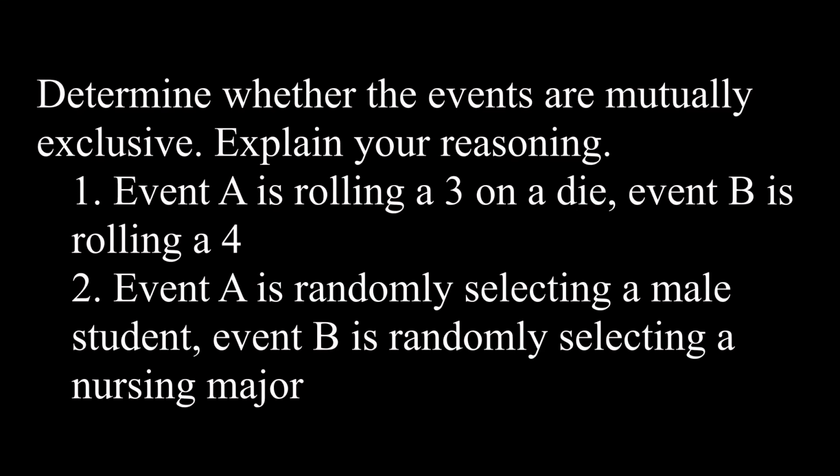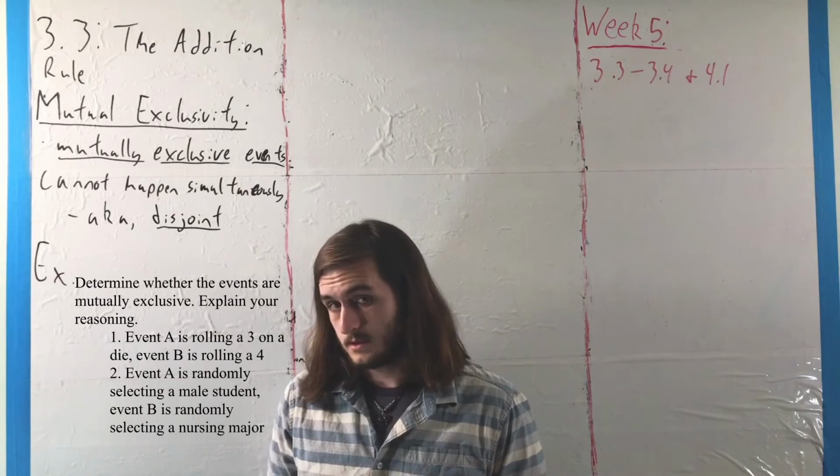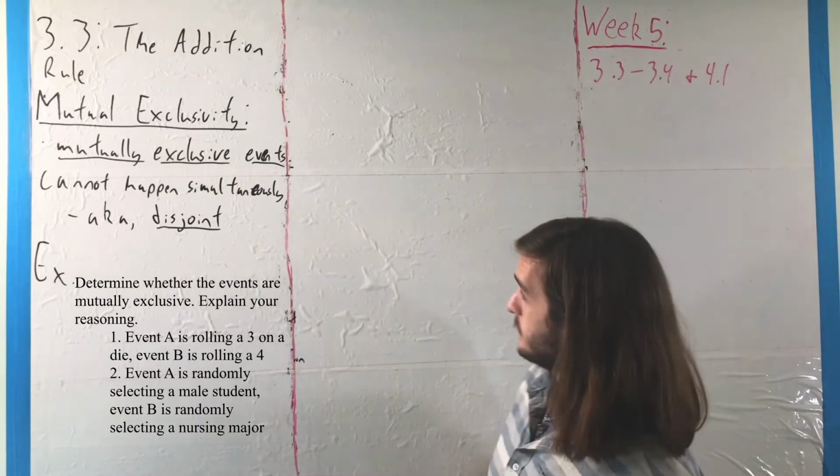So for this, we want to determine whether the events we have here are mutually exclusive, with some explanation, where our options are: event A is rolling a 3 on a die and event B is rolling a 4, while for the second case, event A is randomly selecting a male student and event B is randomly selecting a nursing major. Well, thinking about this, for our first case,